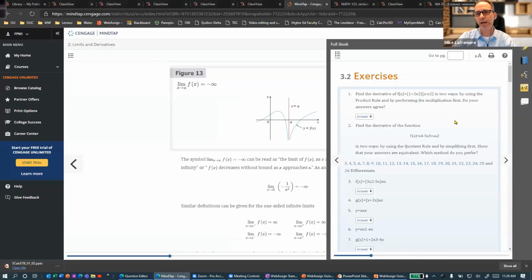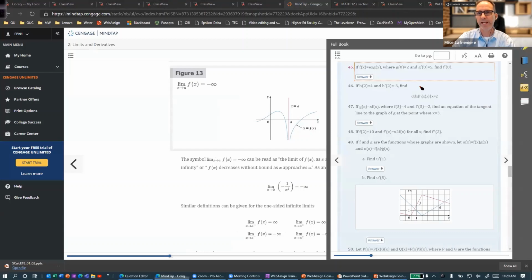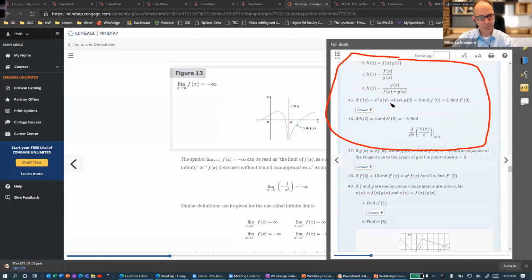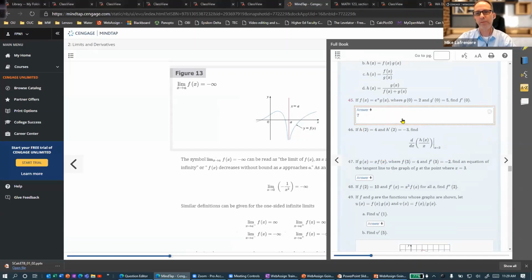So that gives you, I think, a fair amount of fidelity that aligns what is going on in your print copy to what happens in the ebook. The reason I chose this page number is also to give you a glimpse of how the problem sets are encompassed. They no longer have the answers in the so-called back of the book phase. They're actually right there for the students to expand. And of course, they're just the odd numbered answers